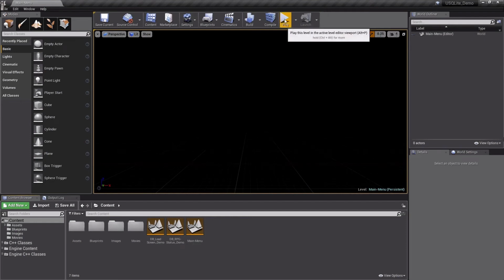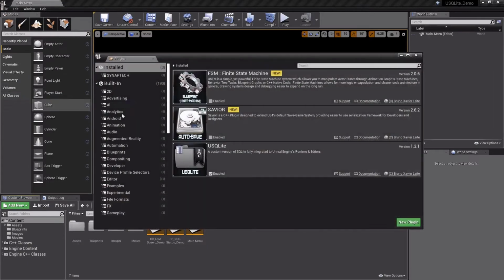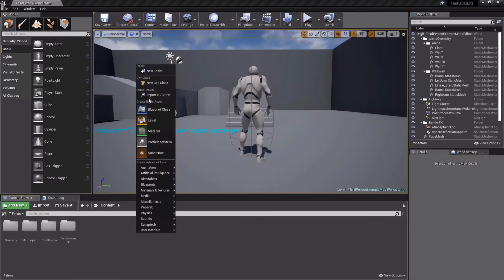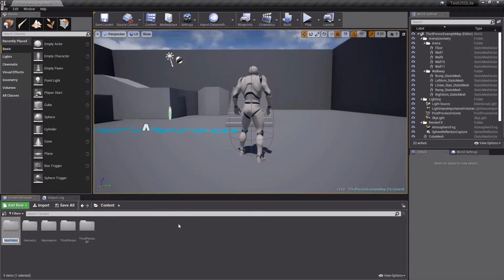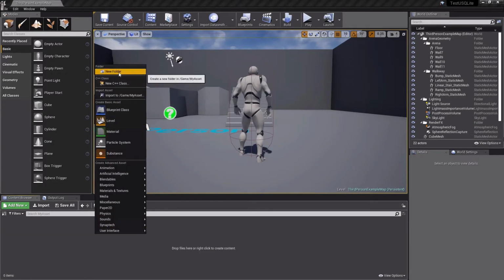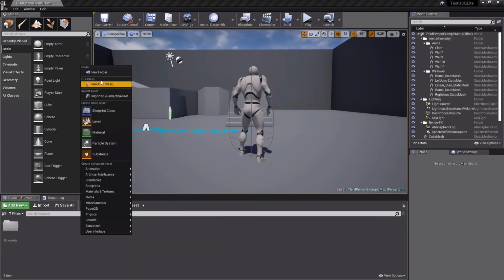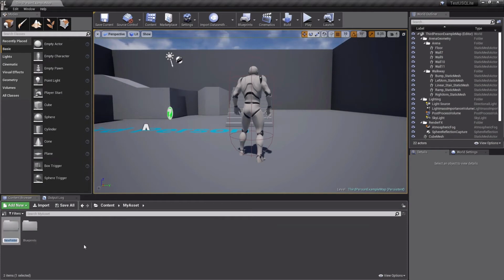So first things, you load it. You realize that it will allow it to be with USQLite enabled in the plugin section. And let's create a folder here called my asset. And let's create another folder here for blueprints, another one for datasets,